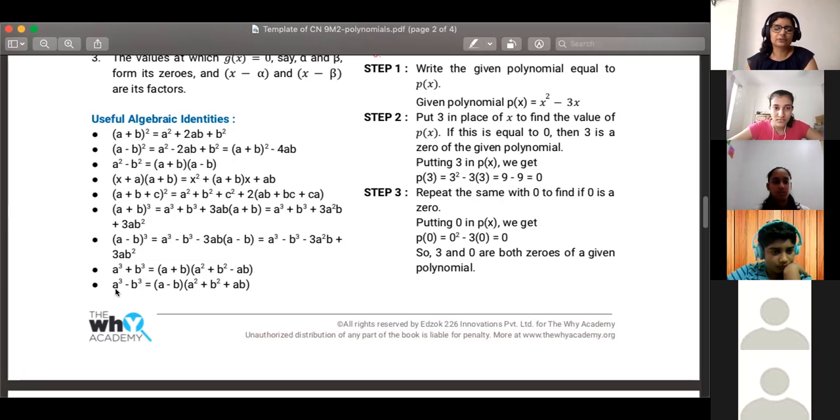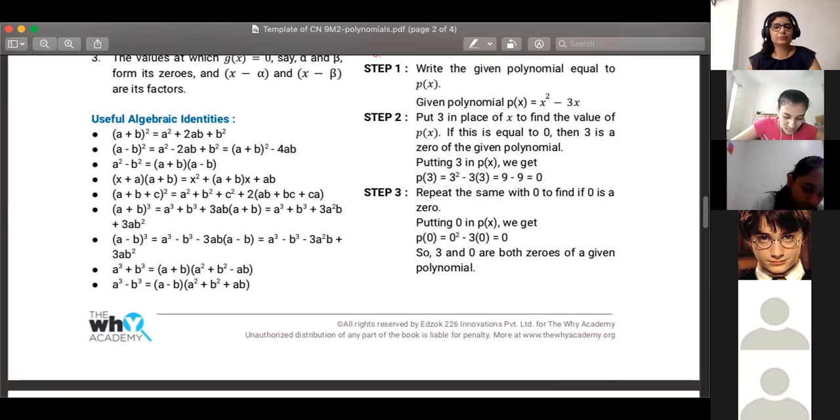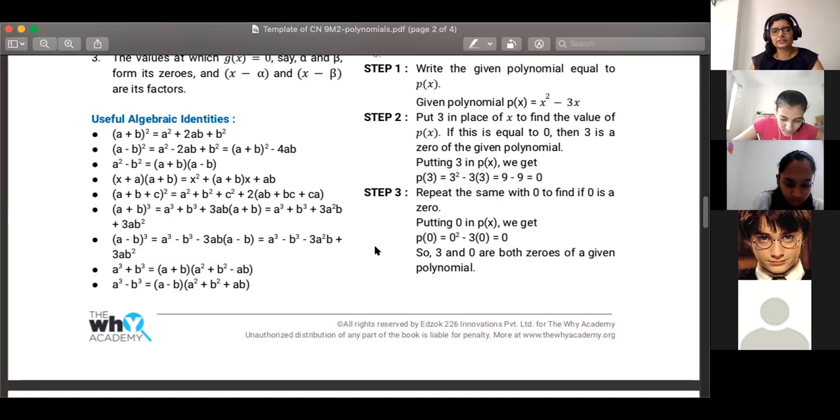I want you guys to just note down all of these identities now, okay? So you'll need to memorize all of these identities. It may seem a little difficult, but if you look at it logically, I'll be taking you guys one by one. So first note it down, and then I'll take up each one on the whiteboard again. So how many are there? 1, 2, 3, 4, 5, 6, 7, 8, 9. 9 of them. There's a couple more also. Just note down these 9, and then I'll show the other ones.